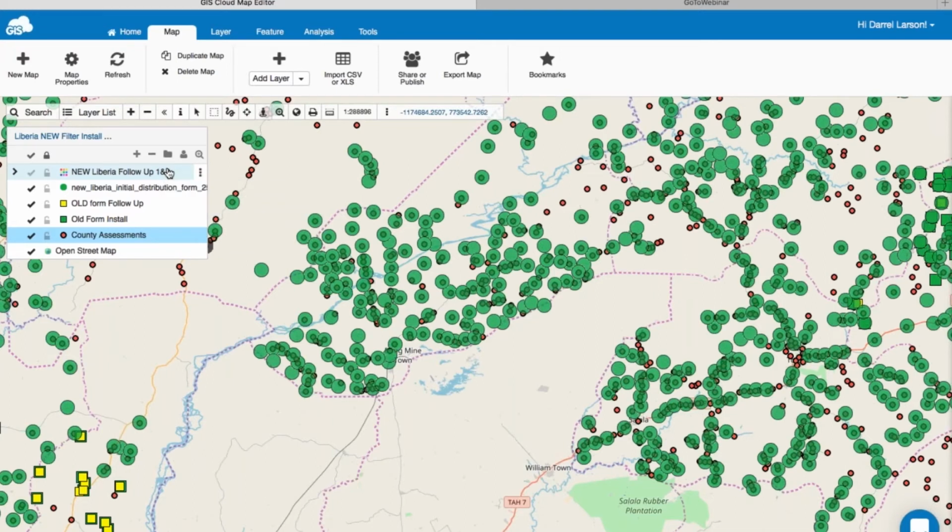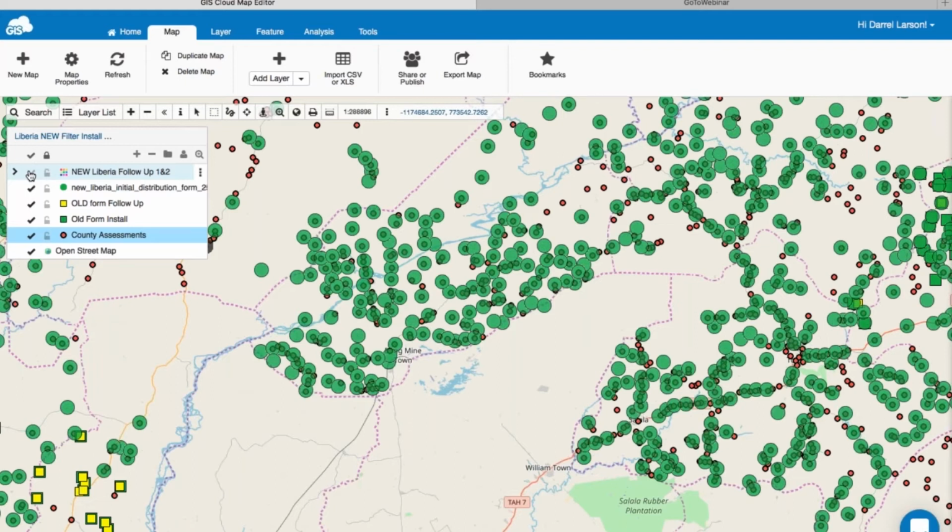You probably had a few custom forms or surveys created. The first one was the assessment of the water sources, right? Yeah, we needed to do the assessment first to find out where all the villages were. Then we created an installation form that has all the data in it and all the questions I was just talking about, as well as other health issues that we track. And then we also have a follow-up form. In the follow-up form, I'm going to turn that layer on.